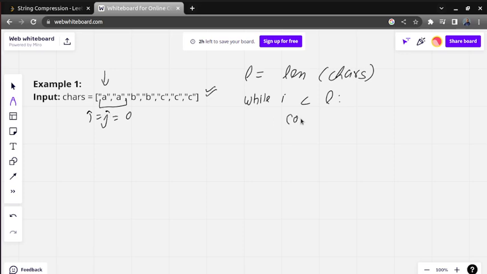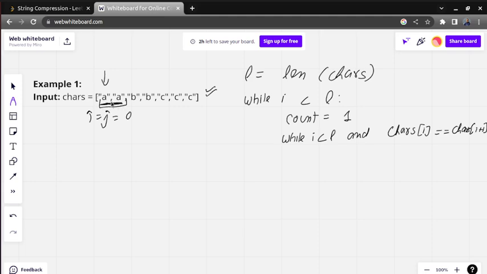So initially let's say count value is 1, and again here we are going to apply the condition while i is less than L, and we are going to compare the nearby elements. It will be like this: chars[i] equal to chars[i+1]. So basically we are just comparing these two elements.